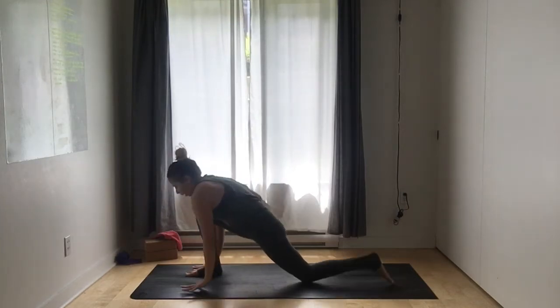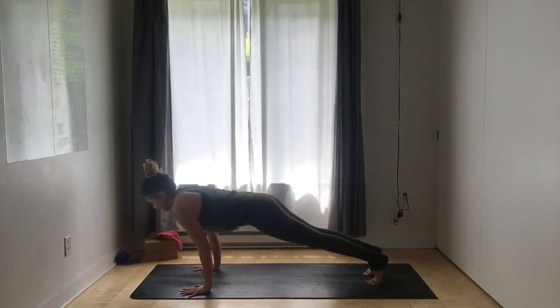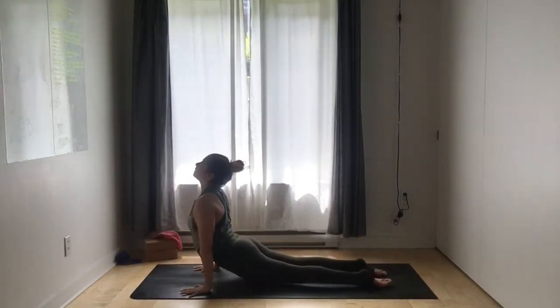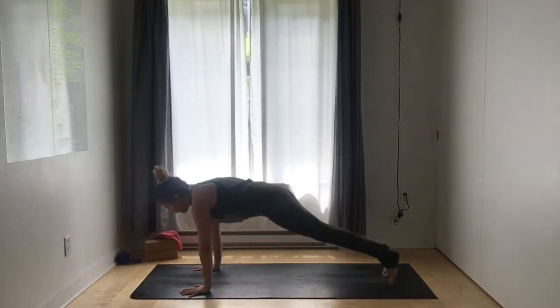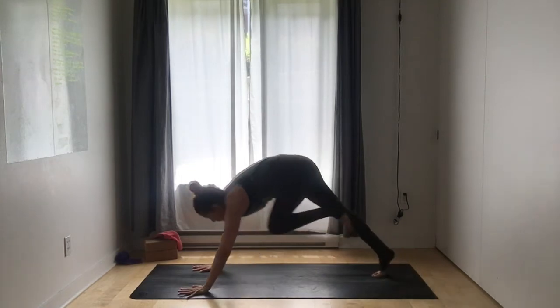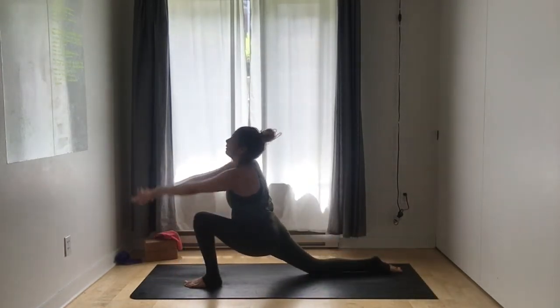Exhale, plant your palms, step it back, high plank. Inhaling, exhaling, Chaturanga. Inhale into Urdhva Mukha Svanasana, gaze up, exhale, Adho Mukha Svanasana, down dog. Inhale, left foot comes forward, right knee comes down, point the back toes, hook your thumb fingers a funny way,